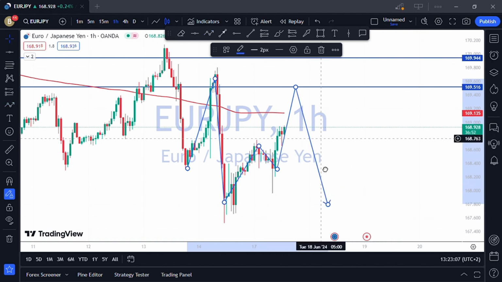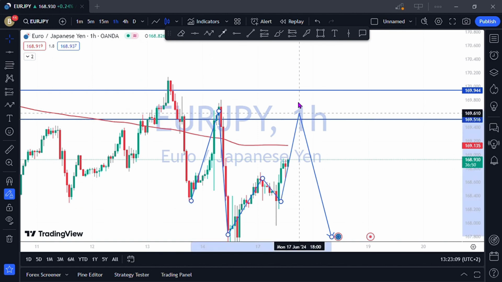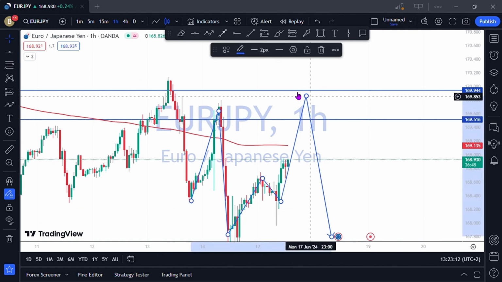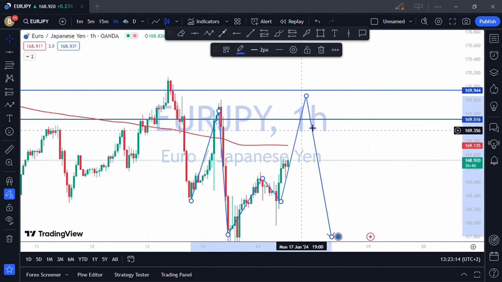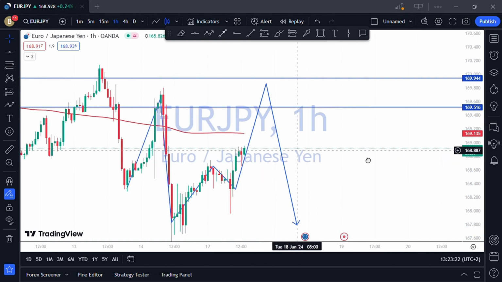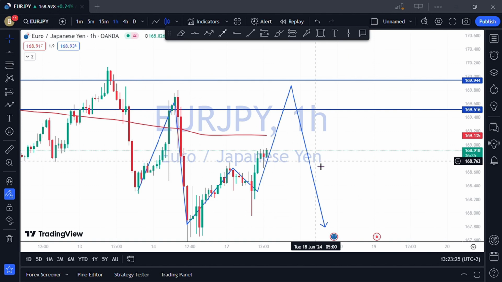That is what I'll be waiting for. Price to come into this zone and then close, show some bearish momentum, then I will be in a trade. So that is what I'll be looking for before